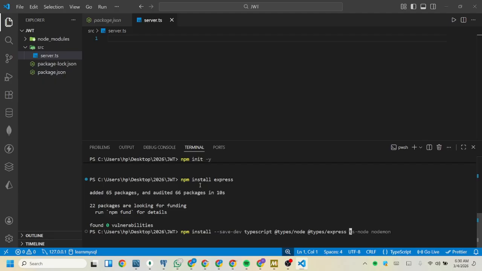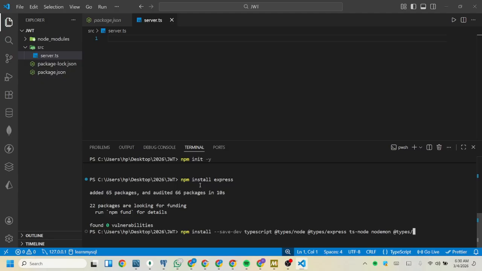We also want to install ts-node. We want to install nodemon for starting up our package, and then the last one is the JSON Web Token type. So we want to say @types/